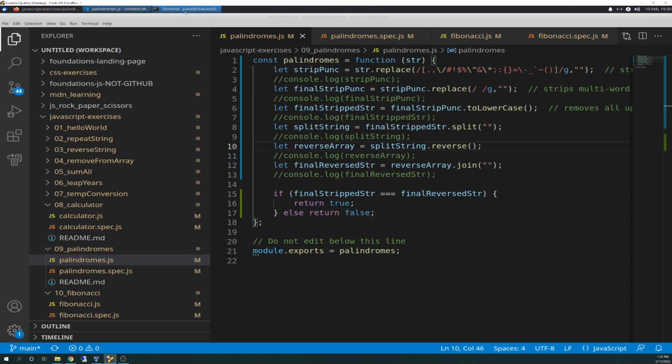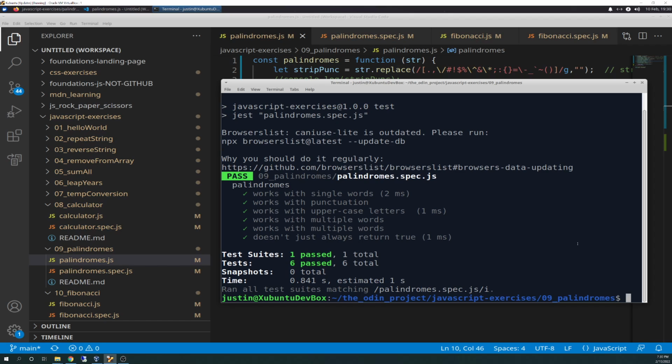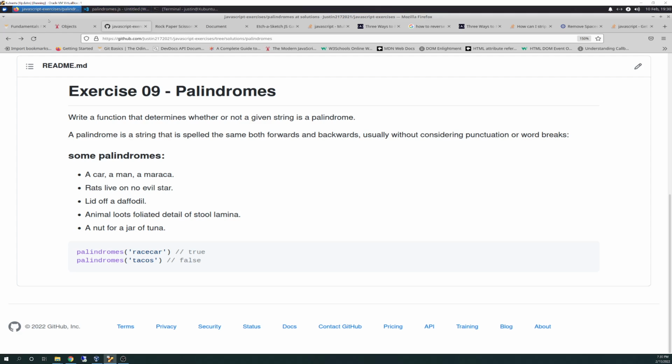And so if we run a test, if we go out to the command line here, and we run npm test palindromes.spec.js, it'll run through all the tests and they pass. So that's that. As always, in the last time we did these, we went ahead and on some of them,